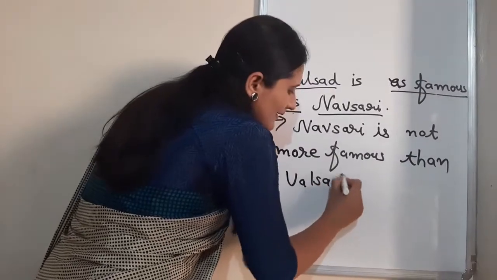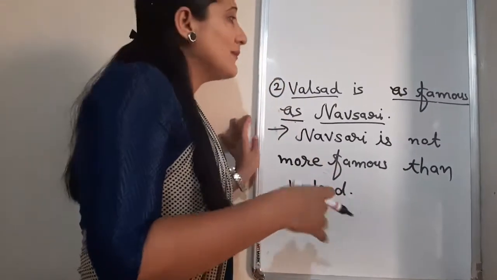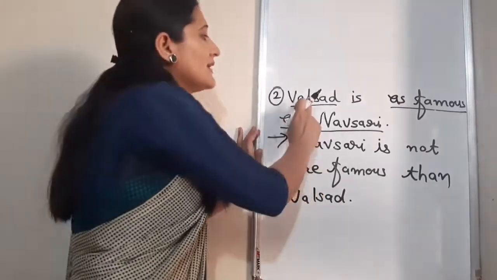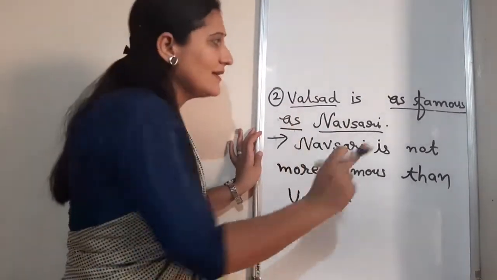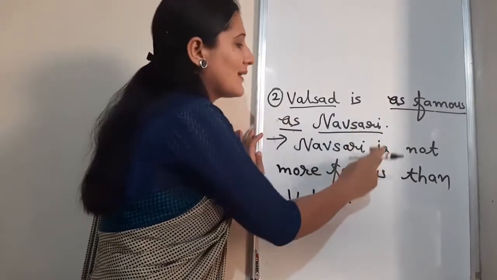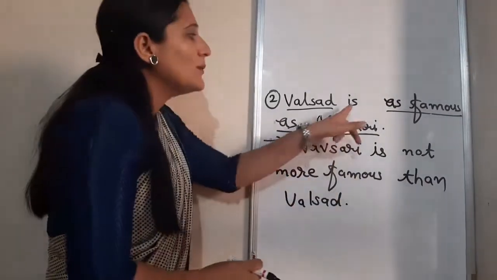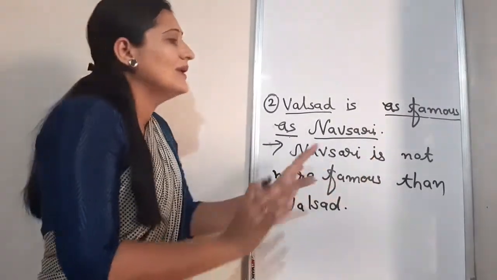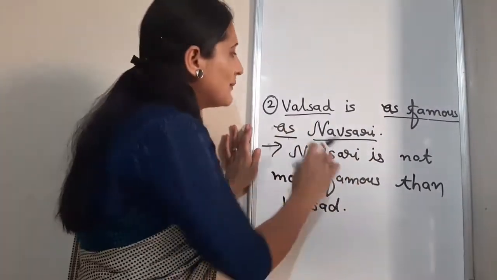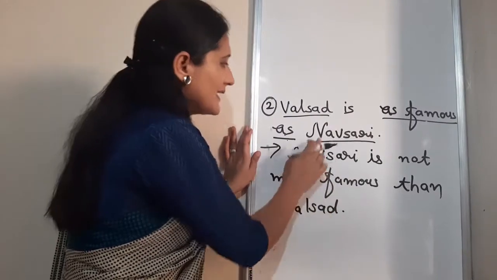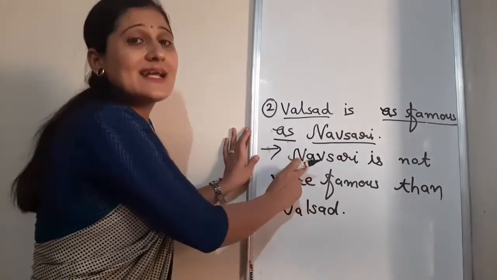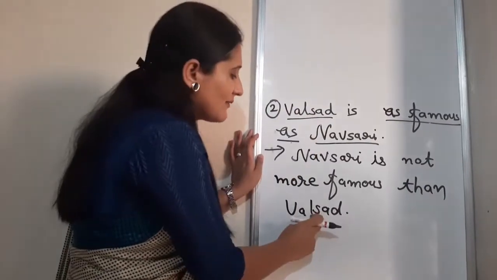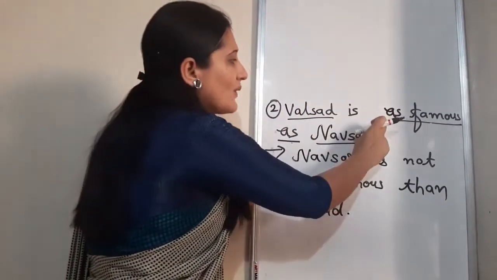You just see from the beginning, because this is a beginning, that's why I am taking a very simple example. Just see two subjects, check whether positive, then comparative degree will be negative. If positive degree, then comparative degree will be negative. Second thing you need to keep in mind, exchange the subject. See, Navsari is last in the question. In the answer, Navsari is first. And Valsad is first in the question. Then Valsad will be last. Here not is not given.